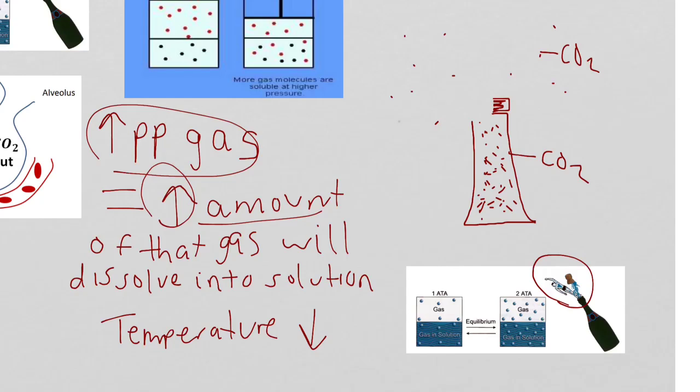We come up slowly in the water column so that the nitrogen can slowly hiss out of our tissues, our blood, and make its way back out the lungs. But if I just shake this bottle and I just rip that cap off, I'm going to have CO2 or nitrogen just rushing out